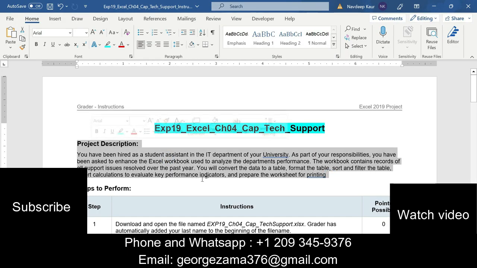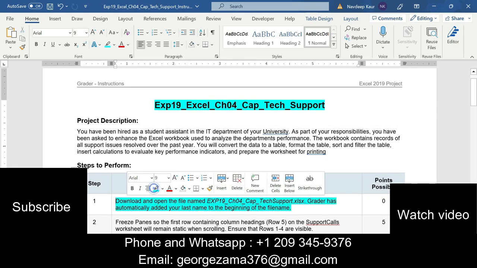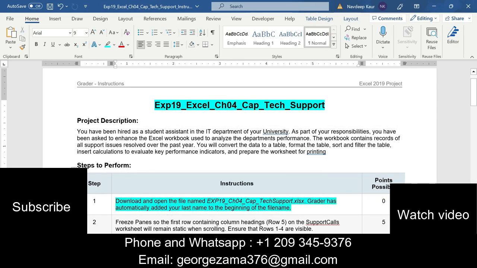So I will move to step number 1. Step number 1 is to download and open the file named EXP19 chapter 4 capstone tax code. This is the Excel sheet that we are supposed to download to solve this assignment, and you can download this from your My IT Lab dashboard.